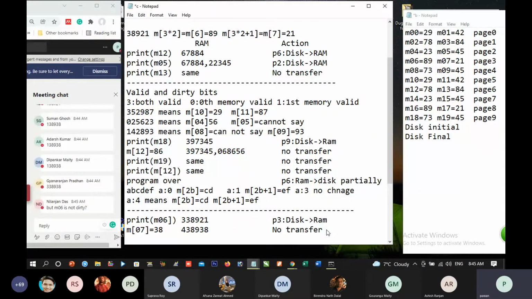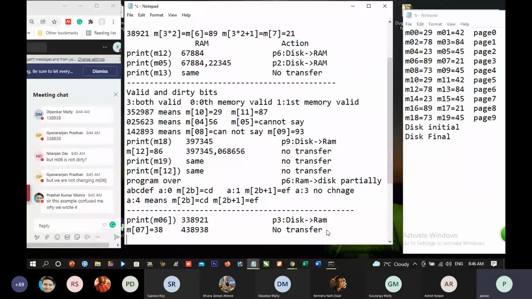We shall find that making updates on a full page in the disk is easy and making updates in part of the disk is hard. Four basically means the entire page is valid and the entire page is to be updated.